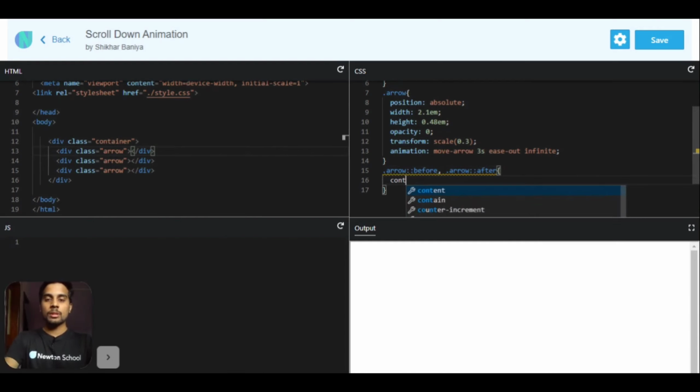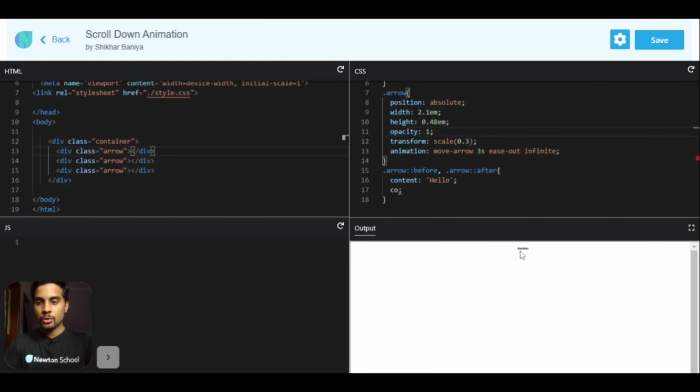Suppose if I write content and let's say hello, it will add two things. Actually, the opacity, let me change the opacity to 1. As you can see, we got two hellos here. Let me increase the font size so that you can see.